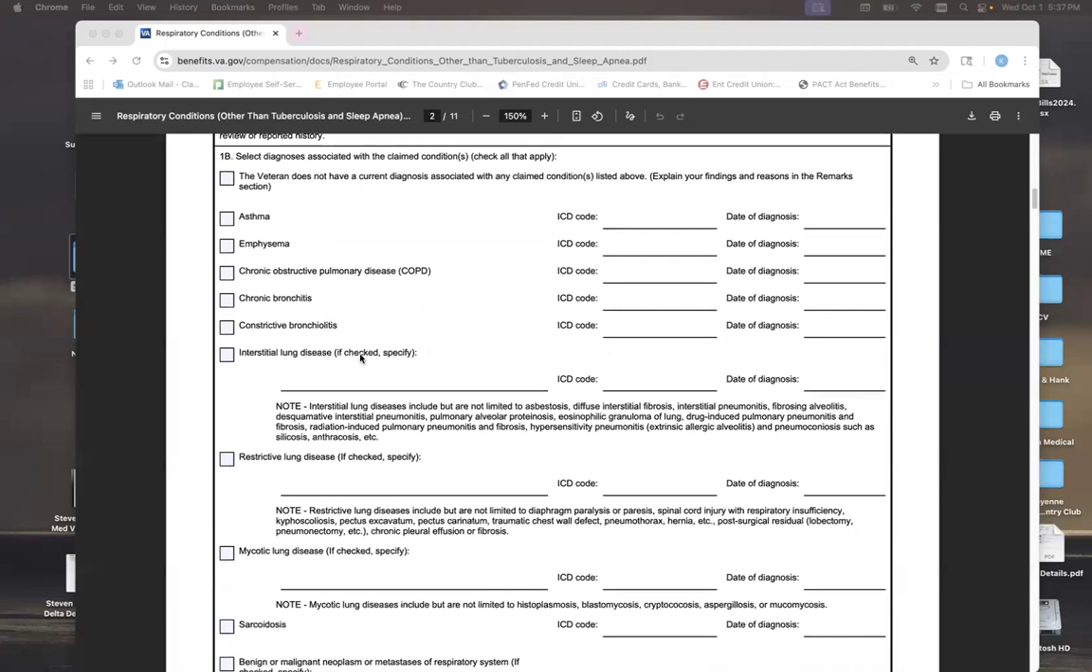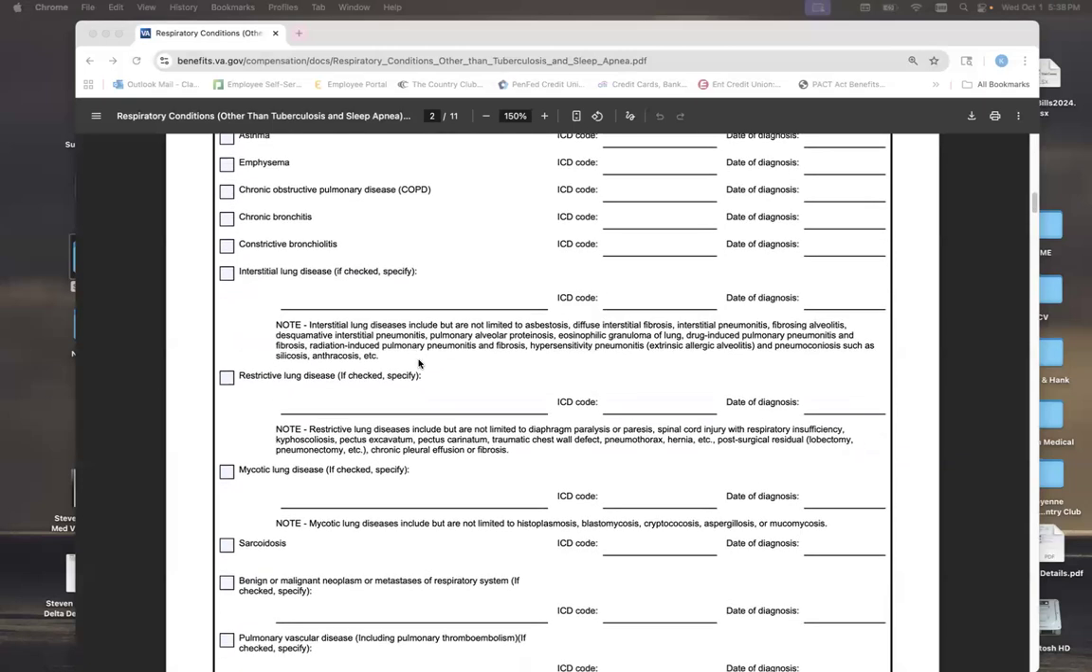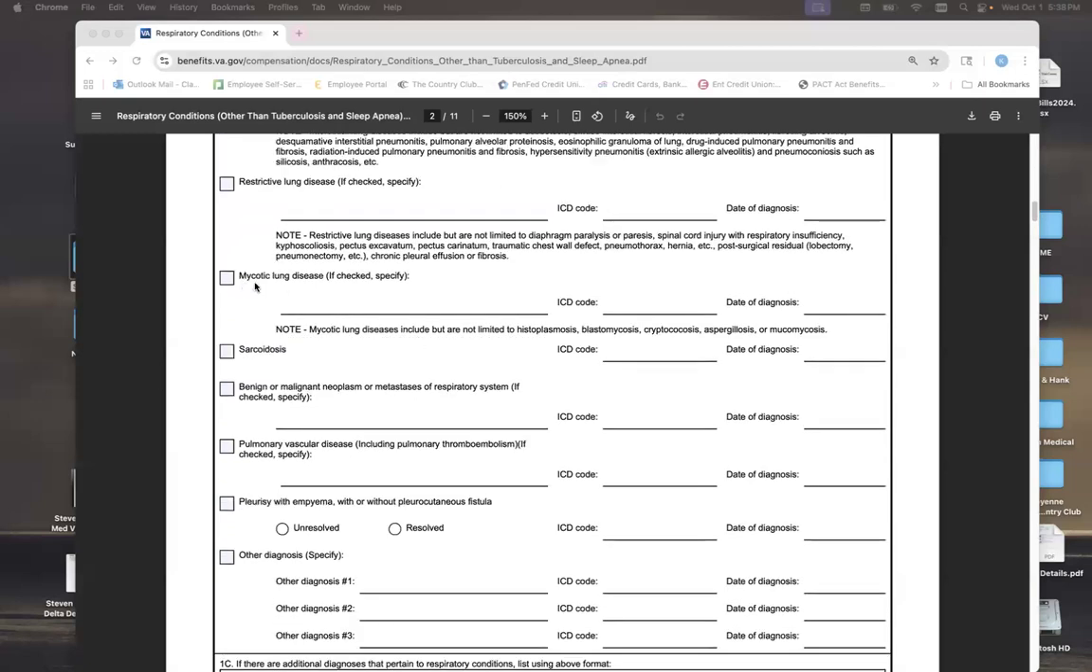I do the diagnosis section last. After I've gone through the records, talked to the veteran, done the pulmonary function test, done my exam, this is the last section I do, where I select a diagnosis. The options are that the veteran does not have a current respiratory diagnosis. There's also asthma, emphysema, COPD, chronic bronchitis, constrictive bronchiolitis, interstitial lung disease, restrictive lung disease, mycotic lung disease, such as histoplasmosis, blastomycosis,